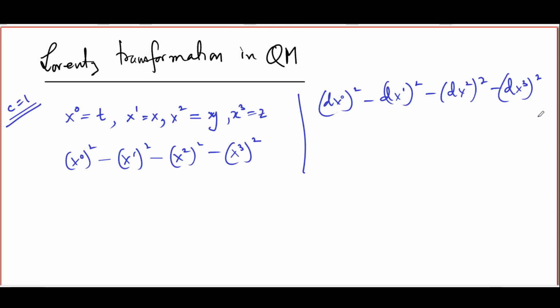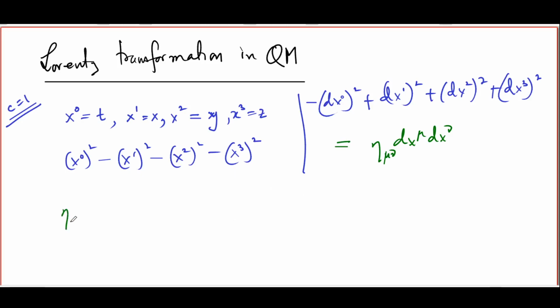This can be the definition of the invariant interval, or this could be the definition of the invariant interval. Weinberg uses this one: minus dx0 whole square plus dx1 square plus dx2 square plus dx3 square, which can be written in a compact form as dx mu eta mu nu dx nu,